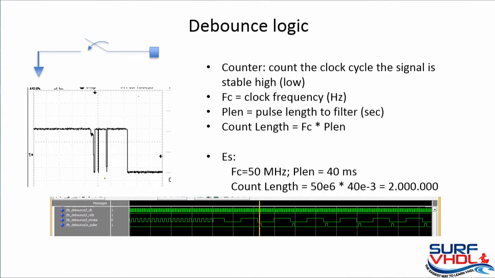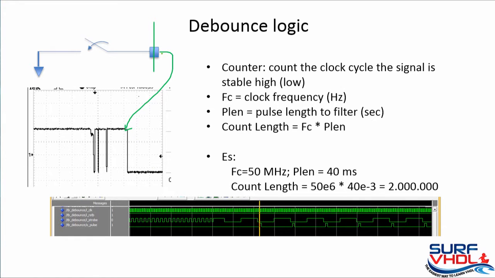In the previous live section, we understood why we needed the bounce logic at the input of the manual switch. This is because, in this case, here we have the FPGA, and at this point we have a behavior like this. So when we close the switch, the FPGA sees this bouncing